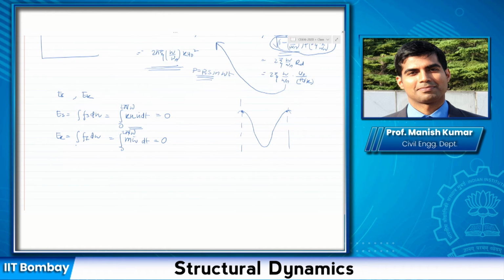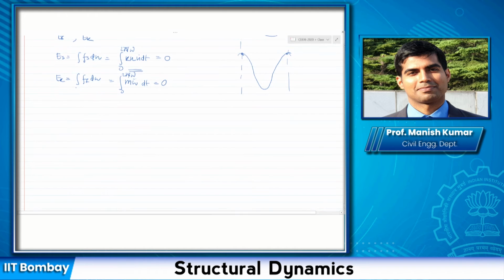All right. Now let us see how the damping force looks, if I have a damping force which I am representing as C times u dot. What I want to do is find out the damping force as a function of displacement, not velocity, and then try to plot it.